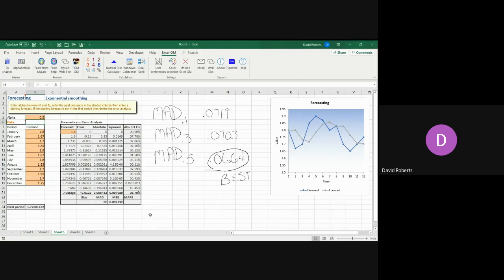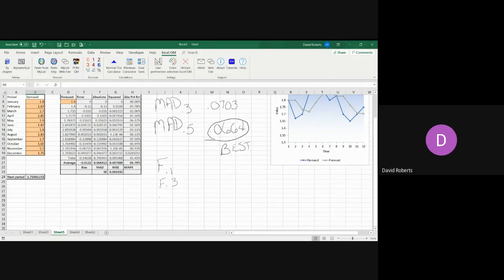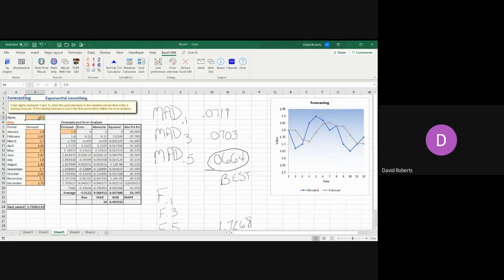So the forecast for 0.1, forecast for 0.3, and forecast for 0.5 is 1.7268 at 0.5 alpha, at 0.3 alpha, the number changes to 0.7373, and at 0.1 alpha, the number changes to 0.770778. But because this one has the best MAD,